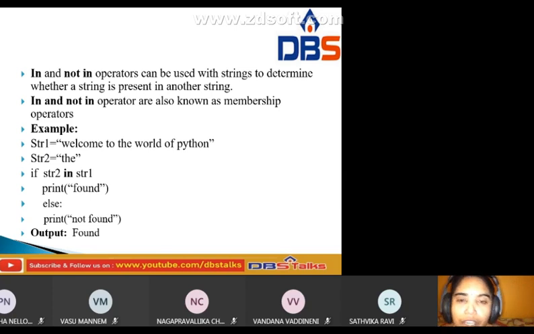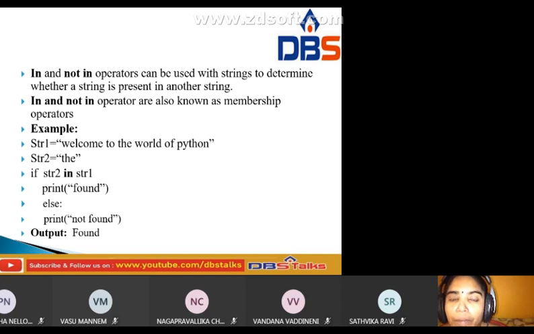You have to check from beginning to end by using the in operator. Is the string 'the' in str1 or not? Welcome, no. Next, no. Then we found 'the', and the output is found. Else, if string 2 is not in str1, the condition is false, and at that time we get not found.